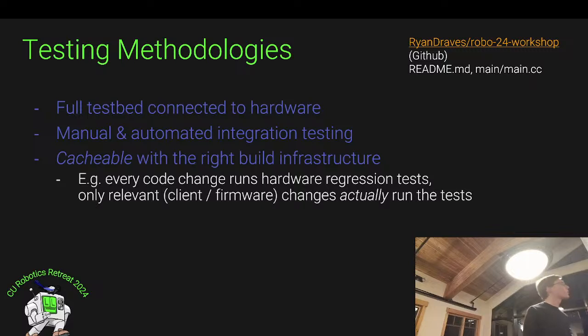One idea that I wanted to share was that these are actually cacheable, and you can say that as long as the relevant code to run the test, anything client side, anywhere firmware side, hasn't changed, then when you rerun the test, it won't actually execute it against the hardware. It'll just say I have a cached result that passed, and I can go pull that result and have that as the return for this test. And if you get it cached well enough, you can actually run this on every code change.